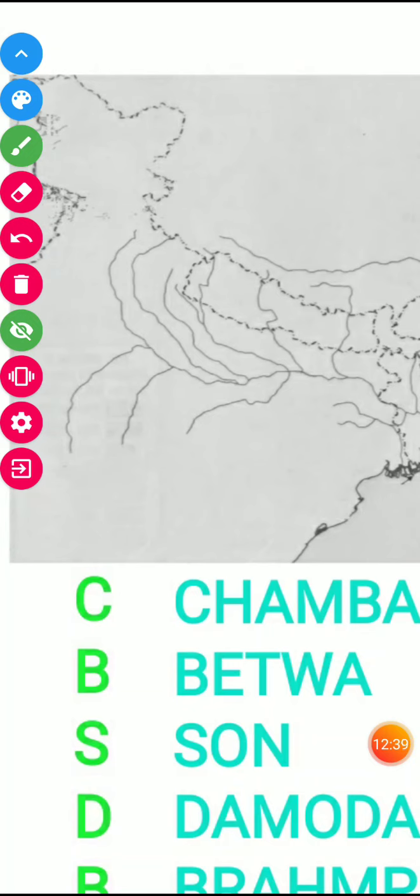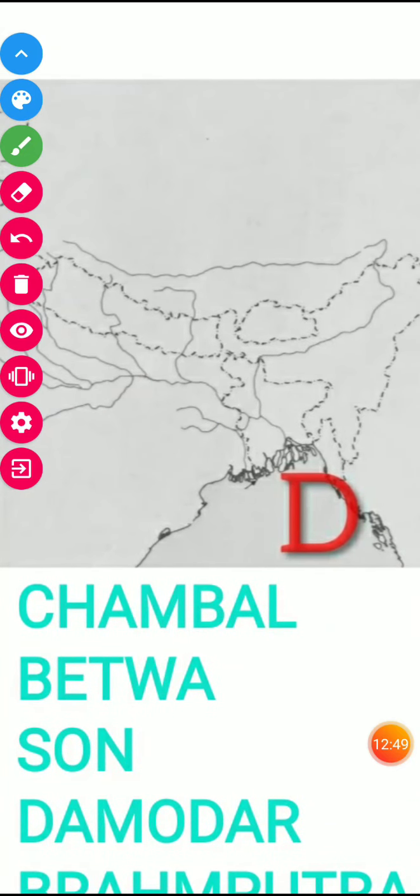So here the 6 rivers are number 1, number 2, number 3, number 4, carefully, and this one is number 5 here. So you can see only 5 rivers here. Don't worry, I'll tell you about the 6th river as well.